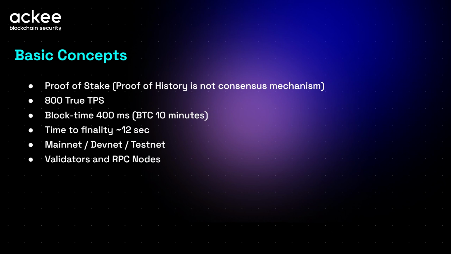And you may ask, why do we have these two chains? This is important if you would like to test your Solana programs before going to production, before deploying to the mainnet. Testnet is dedicated more to the mainnet features. So if any new feature is coming to the mainnet, it is first tested on testnet, and the devnet is meant for the developers.